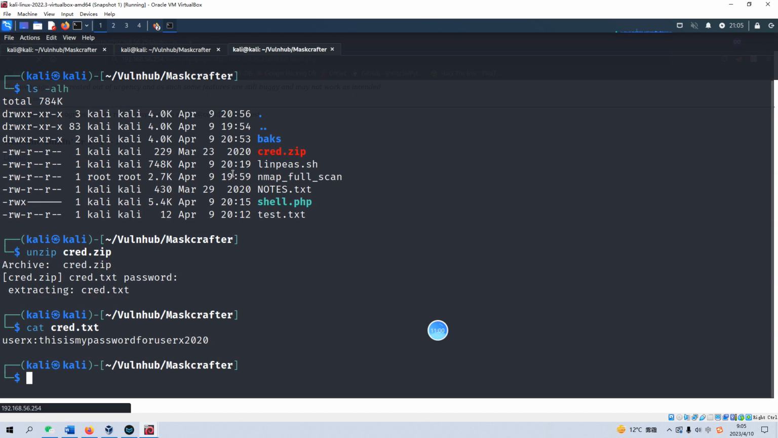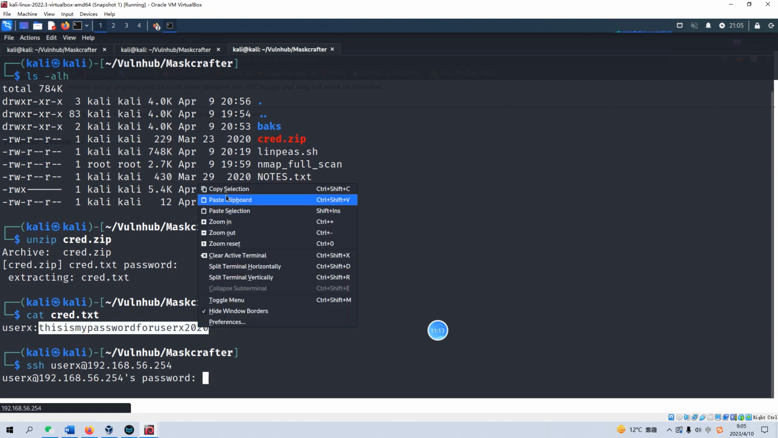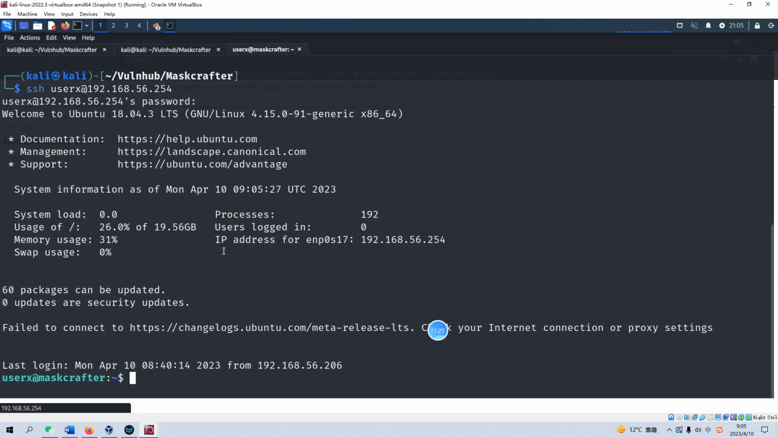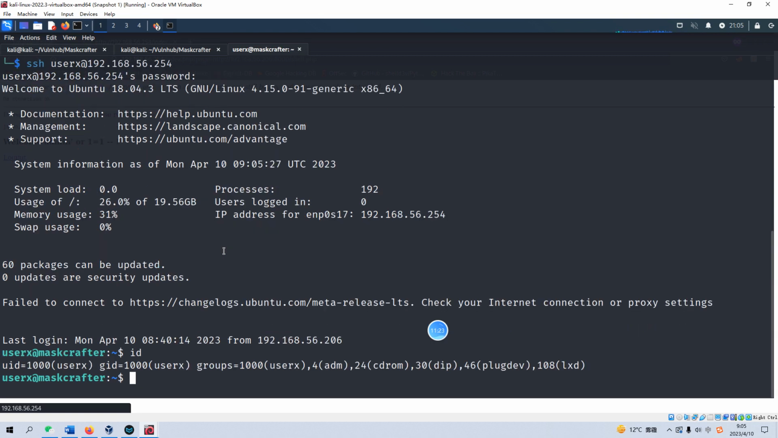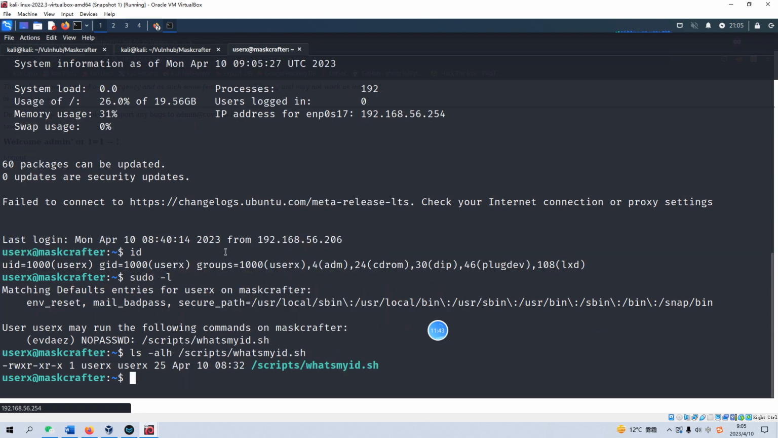credentials for the user X, and we can SSH as user X and log in to the target. We can copy the password of user X and paste it in here. Now we successfully log in as user X. So yeah, we can run this command, and it means the user X can modify this